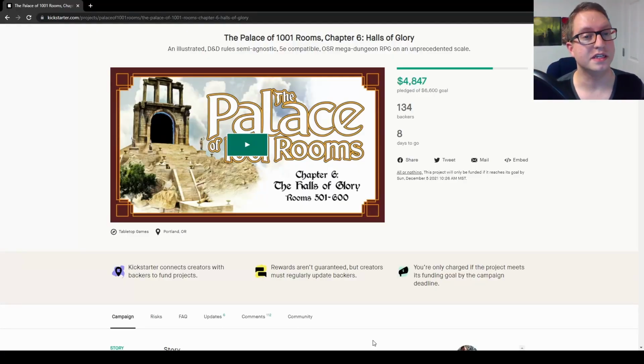On today's Kickstarter highlight, we have The Palace of 1001 Rooms, Chapter 6, Halls of Glory, an illustrated D&D rules-semi-agnostic, 5e compatible, OSR mega dungeon RPG on an unprecedented scale by Michael Grayson S. This is a project that I have a soft spot for, and it is in need of some support and